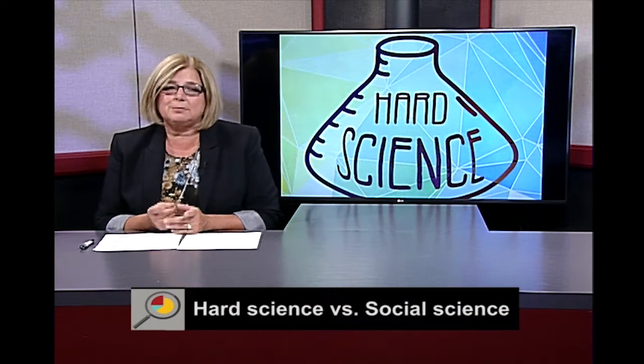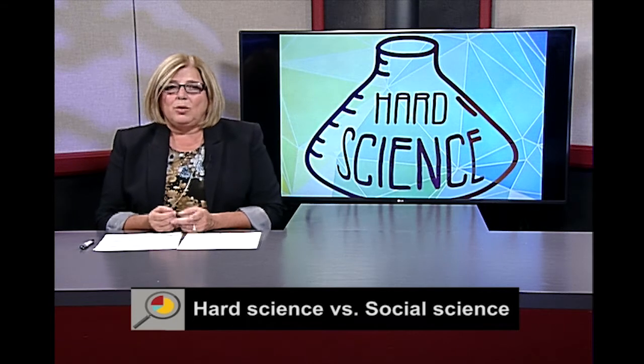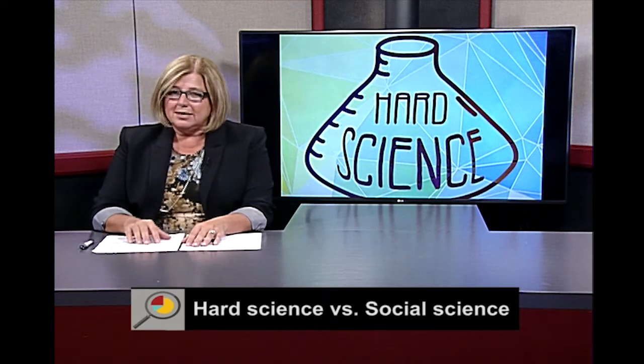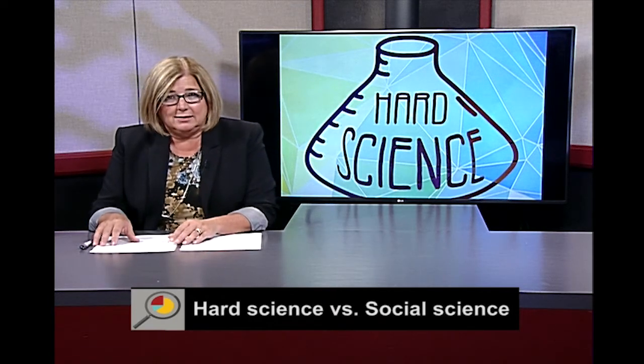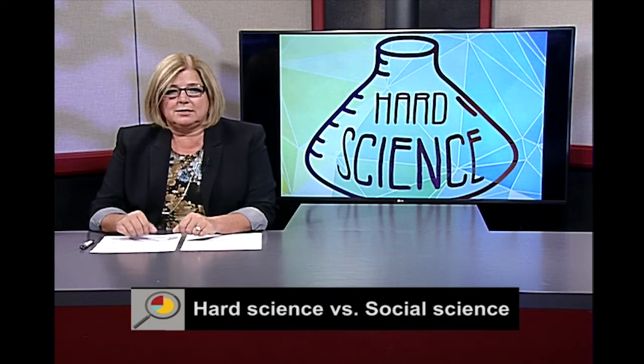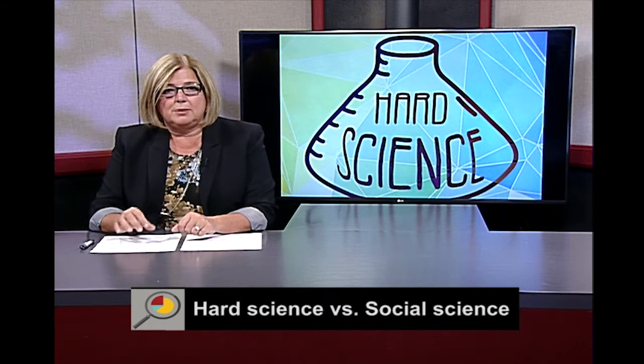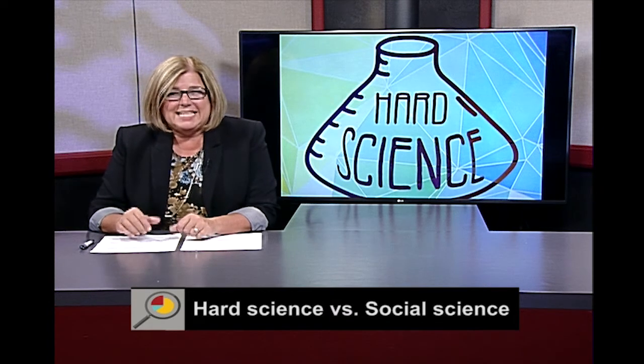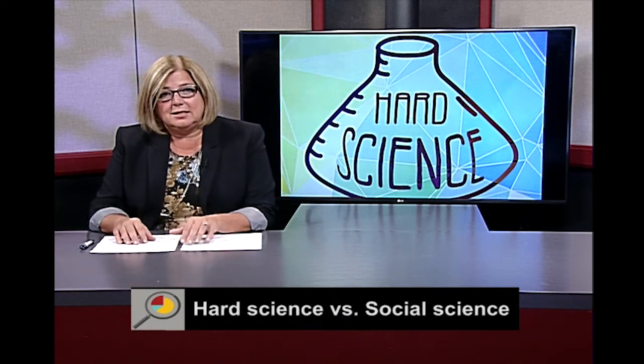So what we need to talk about next is the difference between measuring something in the context of hard science versus measuring something in the context of social science. So let's make that distinction now. When we talk about the hard sciences, we're talking about topics that are easy to recognize. We think about items like astronomy, subjects like physics, subjects like biology. We tend to easily identify the hard sciences.